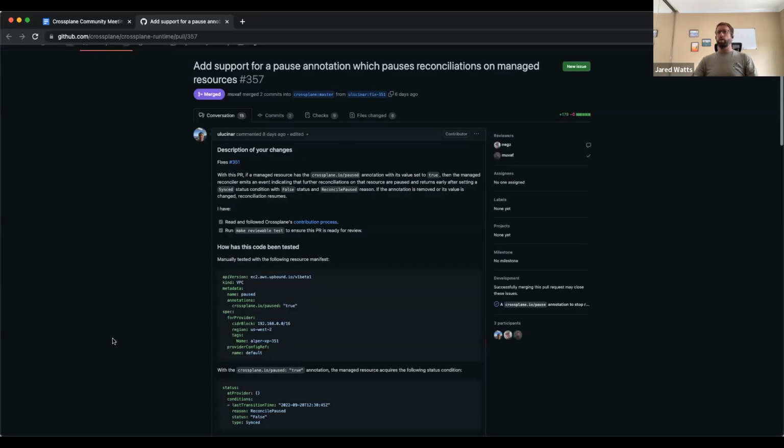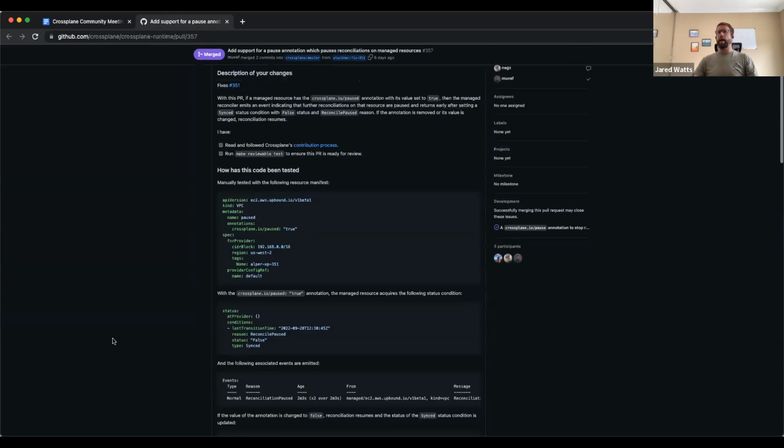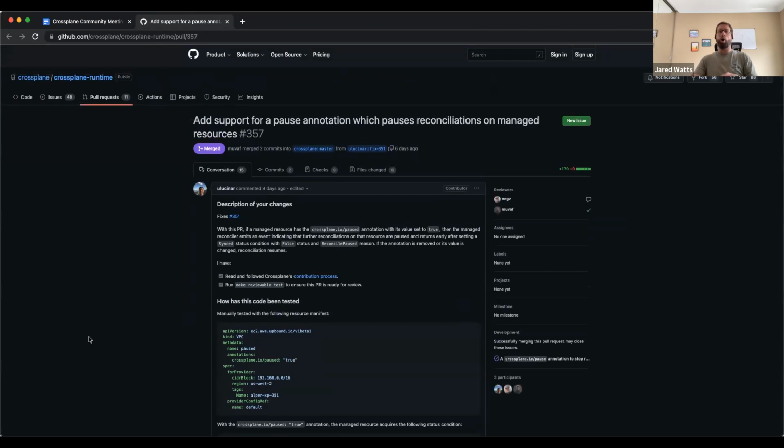That is essentially an annotation that you can add to managed resources to pause reconciliation of them. The main point for this is to help out potentially with migration scenarios. So if you have maybe some breaking changes in whatever provider you're building or using, and you need to do a little bit of manual migration effort, it can be very useful to use this annotation on the